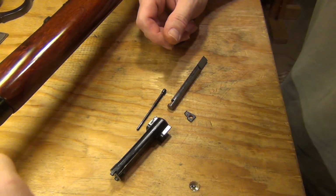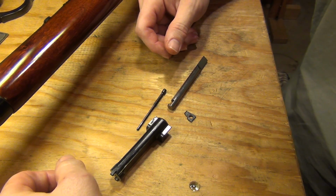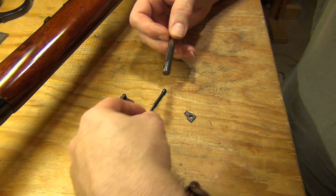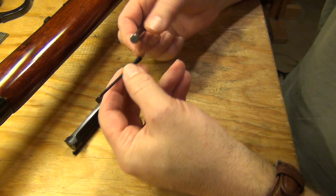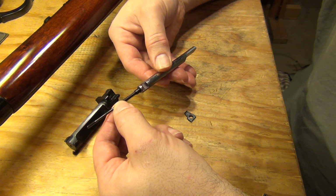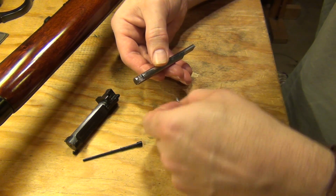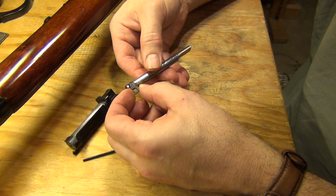When I got the bolt out and disassembled, there's a couple things I wanted to point out that Uberti's doing better than they used to, but still inauthentically, really. In the original Winchester, the firing pin extension portion and the firing pin itself were, I believe, all one unit. It was like this. And you did have a cam, a slot right here, somewhere on the firing pin extension portion. And you had an arm that communicated with that slot, and also communicated with the levers, the toggles rather,